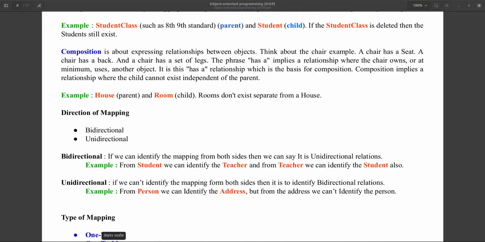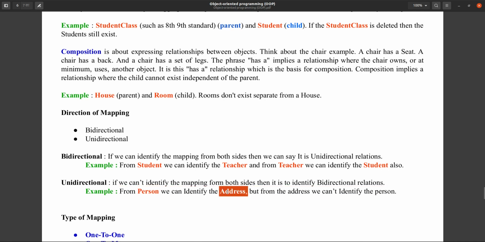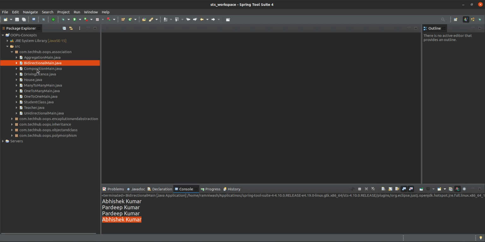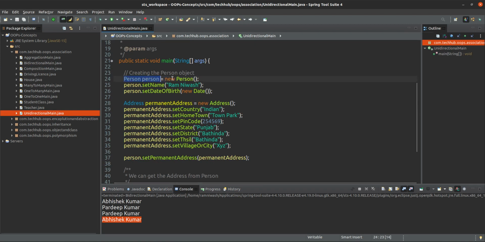So the next one is unidirectional. Unidirectional means only one side relationship will be there. From the person you can identify the address, but from the address you cannot identify the person. See, here we have created one person.